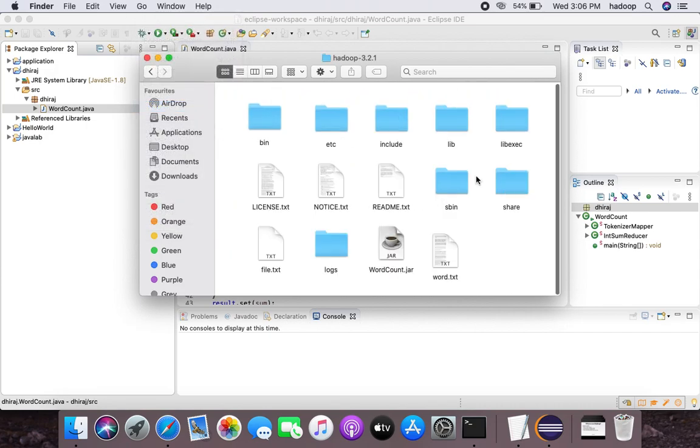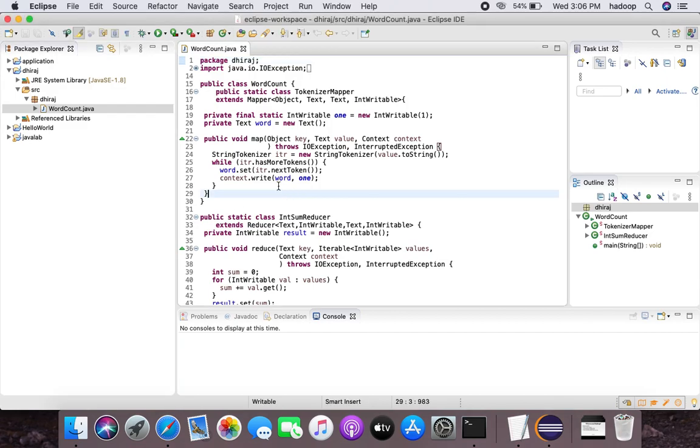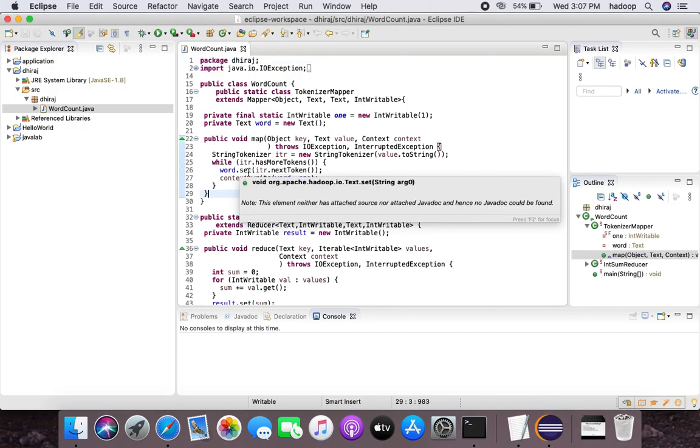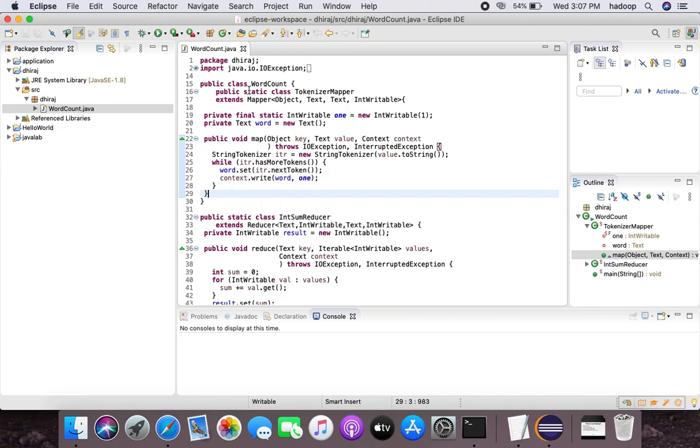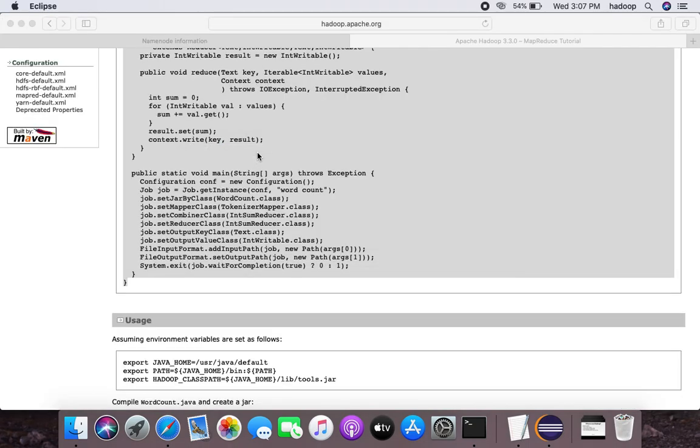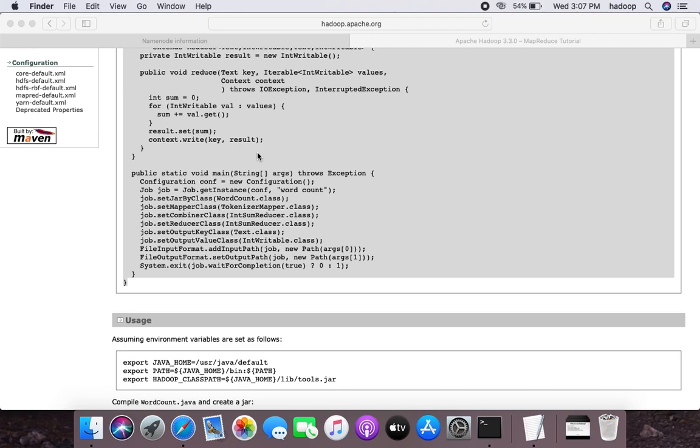I have to show it to you. Yeah. So inside this Hadoop, you see this word count dot jar file. This is exactly the same file which I created after I exported it. Okay. So after this export process is done, you can just close the Eclipse IDE, and you're done with this. Now what you need to do is